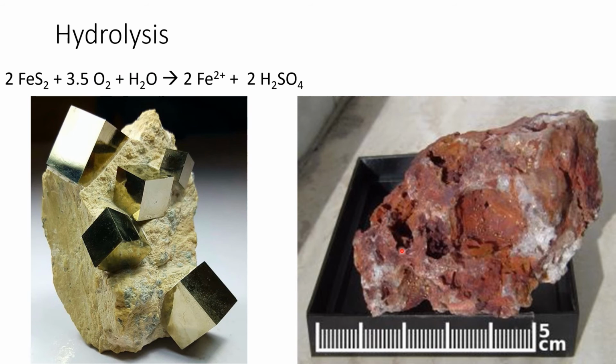And if you look at this example here, see a blocky hole? There's another one right there. Those holes are missing pyrite cubes. This happens. So I would love to find some nice cubic pyrite crystals, but I have found plenty of pyrite cube holes where the crystals are no longer there, and I've just got this ugly, gross, sulfuric acid attacked rock left over after my pyrite cubes are gone.